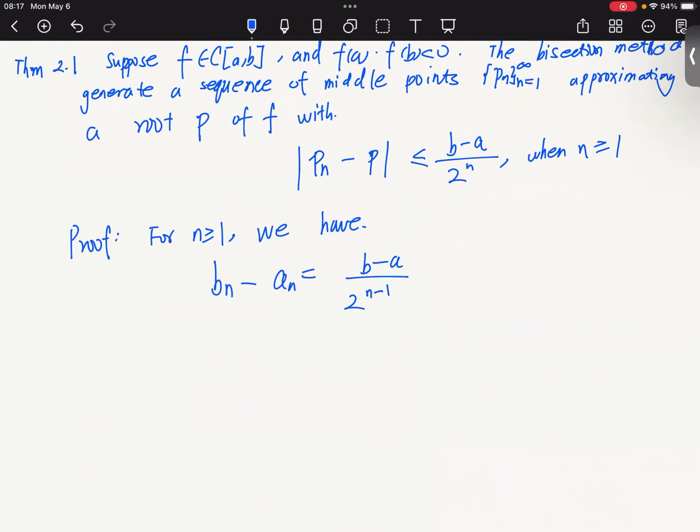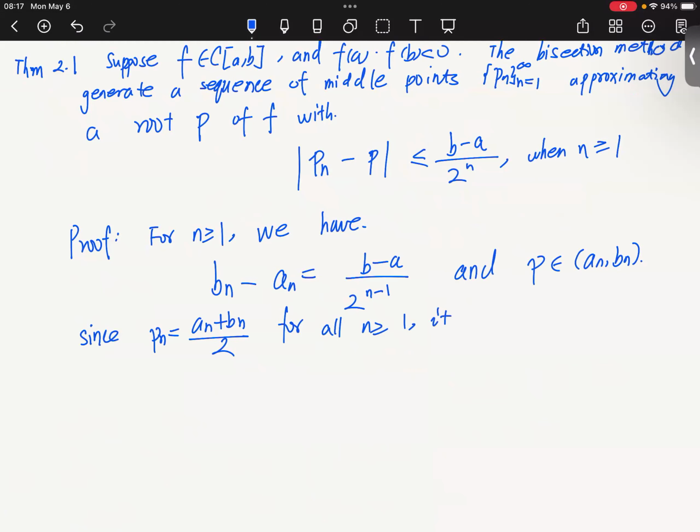This one is n equals 3, and then this is the 3 minus 1. So this is the first thing we have. And we know that for the bisection method, the solution is in the interval [an, bn]. There's another thing: the middle point pn is just an plus bn divided by 2, and it is inside this interval for all n bigger than or equal to 1, and it follows that we have